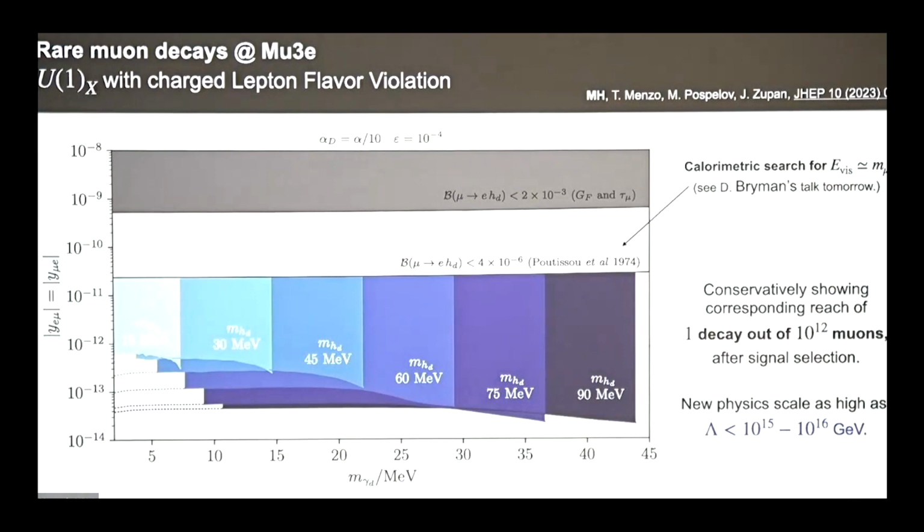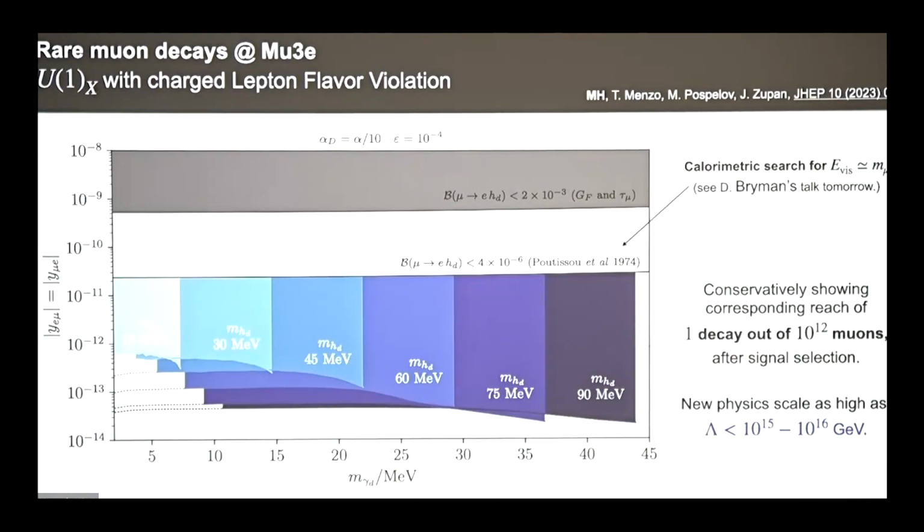I'm just trying to understand, suppose I'm imagining this is mediated by some particle. What's roughly the mass scale of the particle that I should be thinking about? Oh, that will depend on the details of the U(1) breaking. Well, the U(1) breaking scale is roughly the dark photon mass.